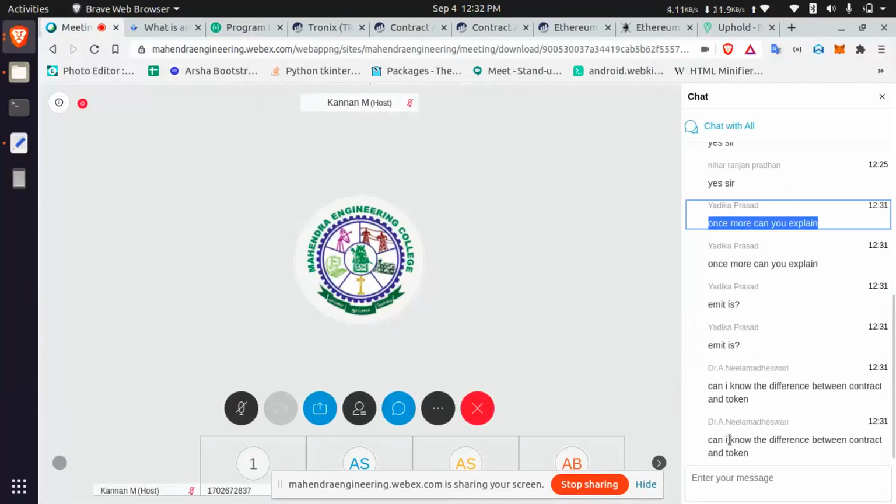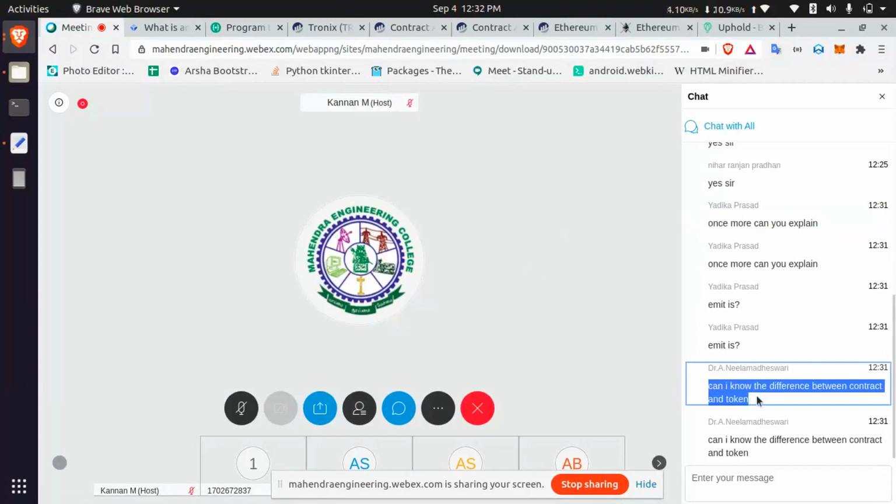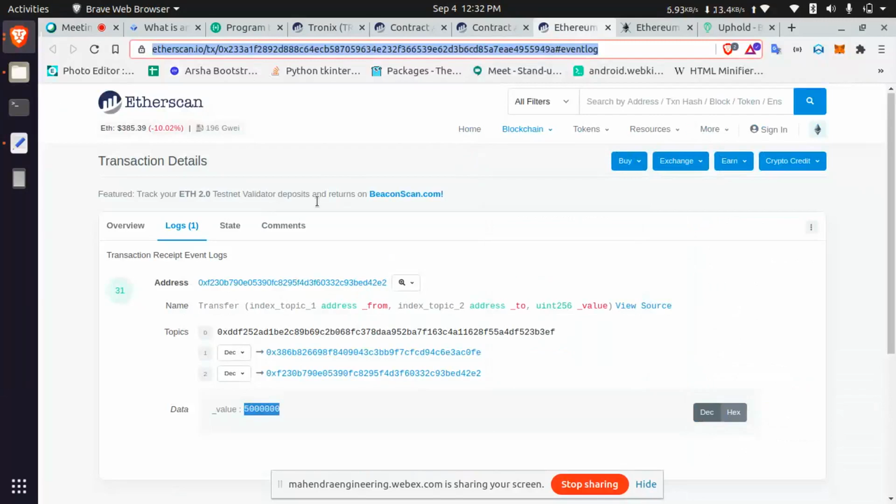Can I know the difference between contract and token? Nothing. A contract can also be a token, and a token can also be a contract.